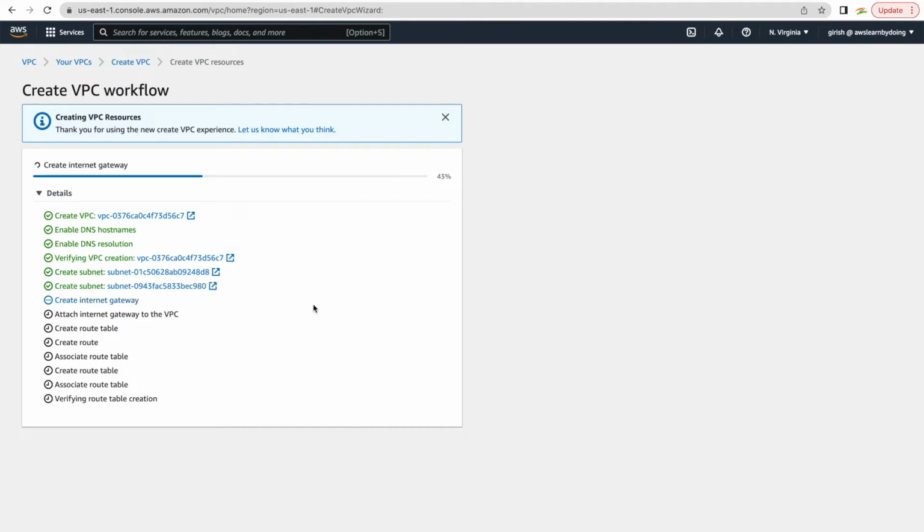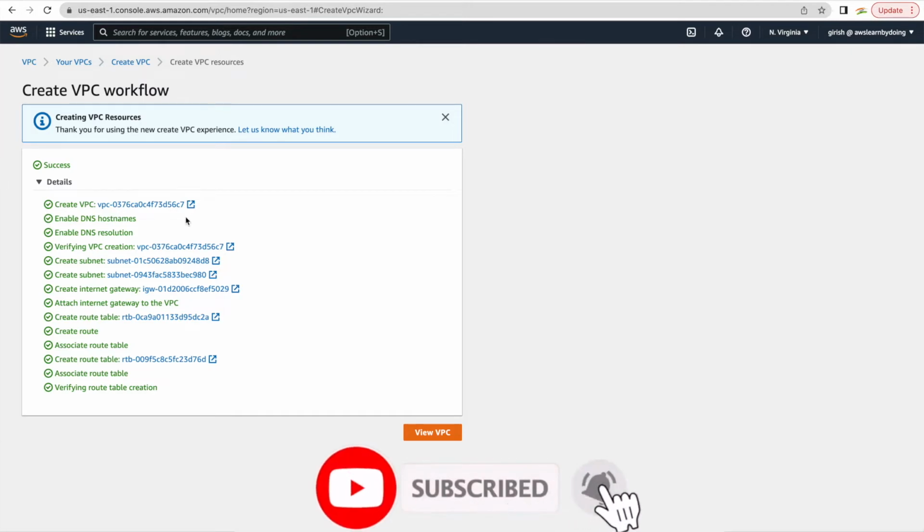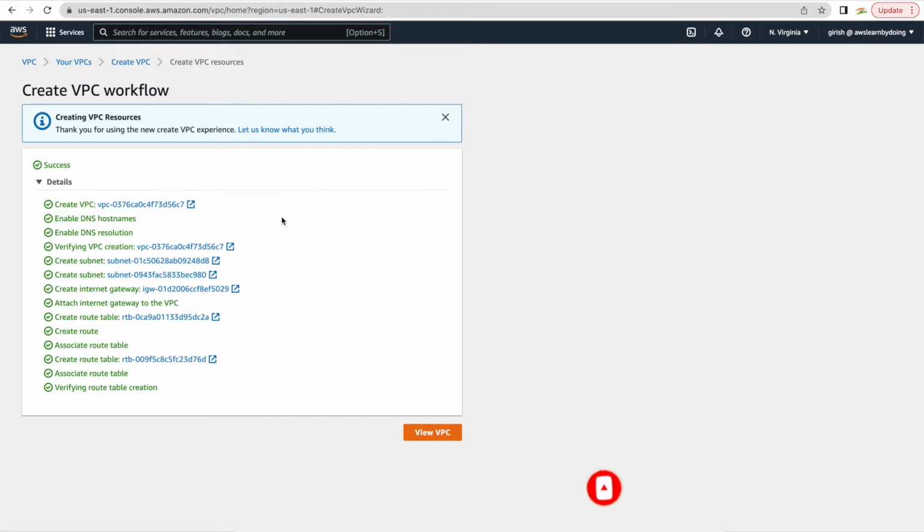Okay, so now it will just take a few moments and then you will have it ready. Yeah, so you can see it created the VPC, it enabled DNS hostname and DNS resolution. There was a tick mark asking whether you want to do this or not, but I just did it by default. Then it verified the VPC is created, then created a subnet, then another subnet, public and private, then an internet gateway, then it attached